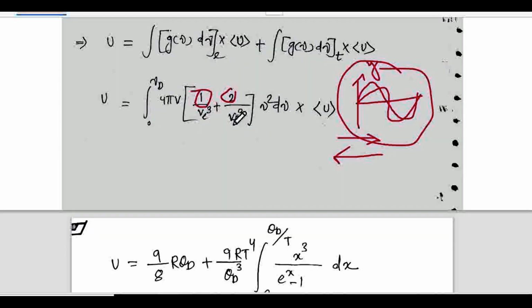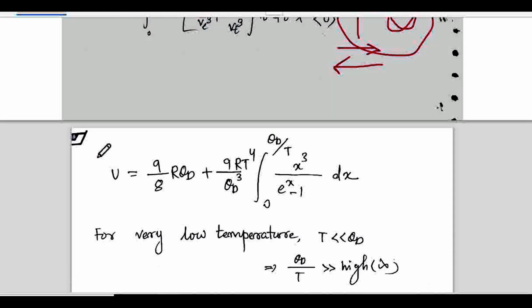And this VL and VT are the velocity in longitudinal case and transverse case. I think you are getting what I am trying to explain. In this case I am neglecting so many steps behind this, because it is a hectic process to solve all of this. So I am neglecting them, and I have directly written the